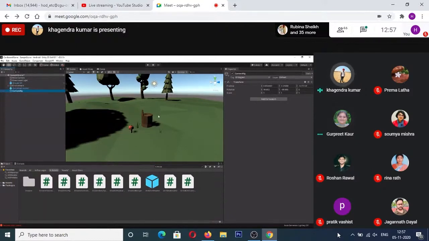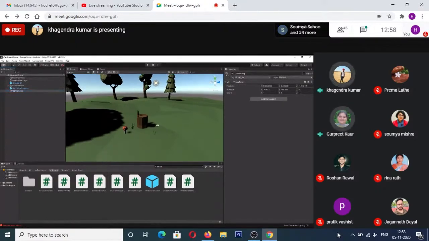So I will wait for you to follow along. Create an empty game object, select the view, and make it align with the view. Is it done? So I've renamed it. First set the transform to 0, 0, 0, and then align the view.